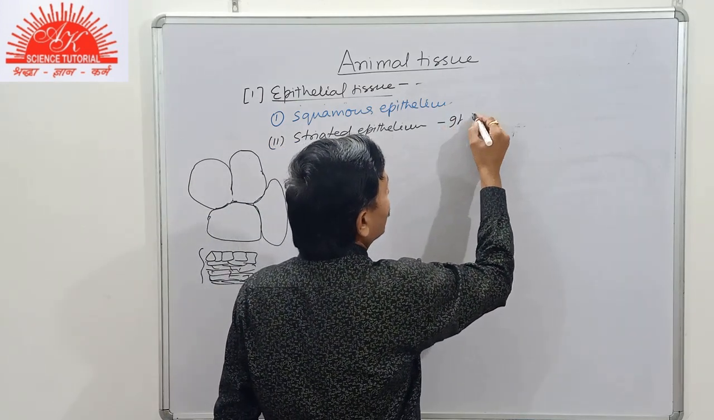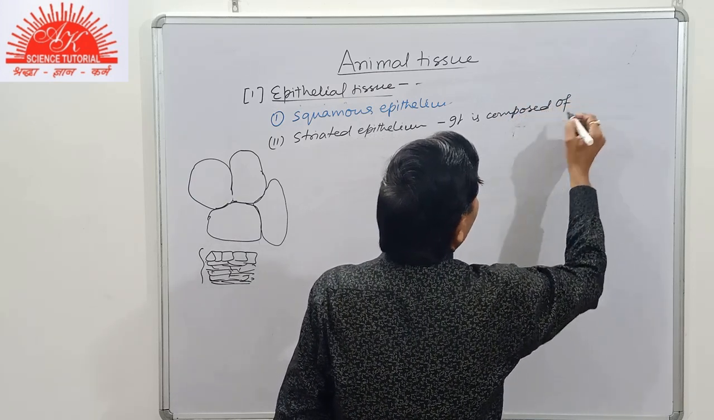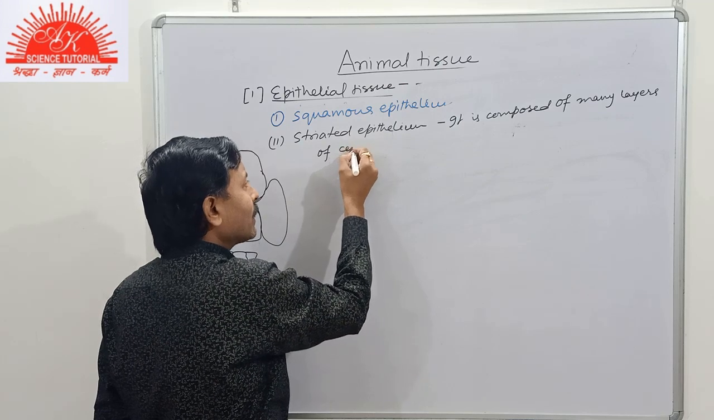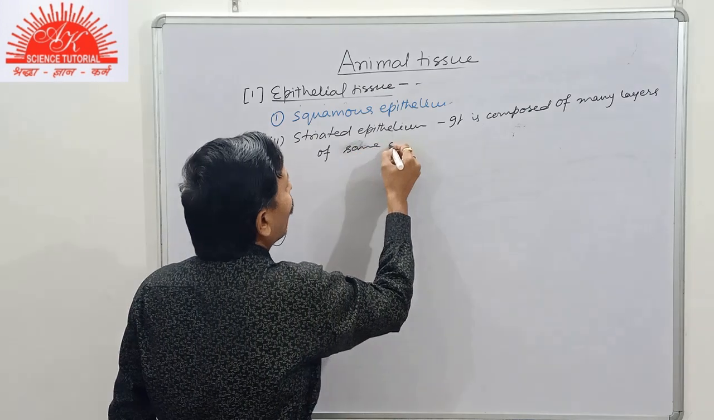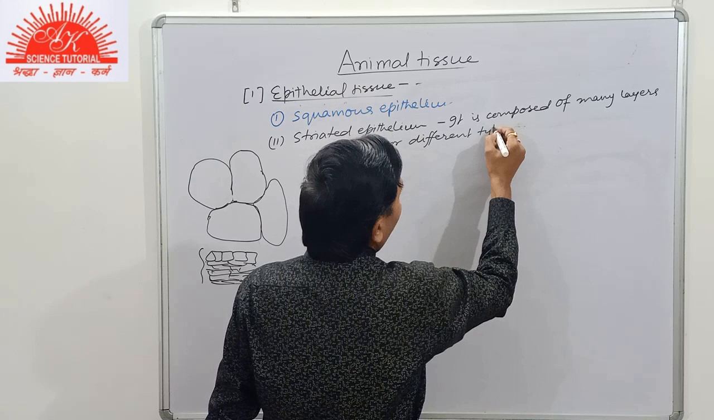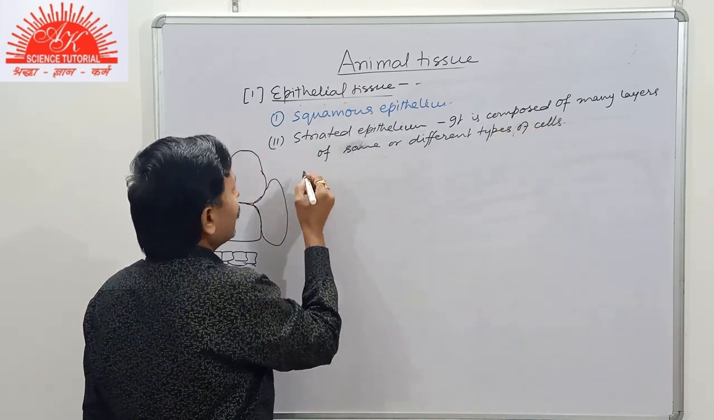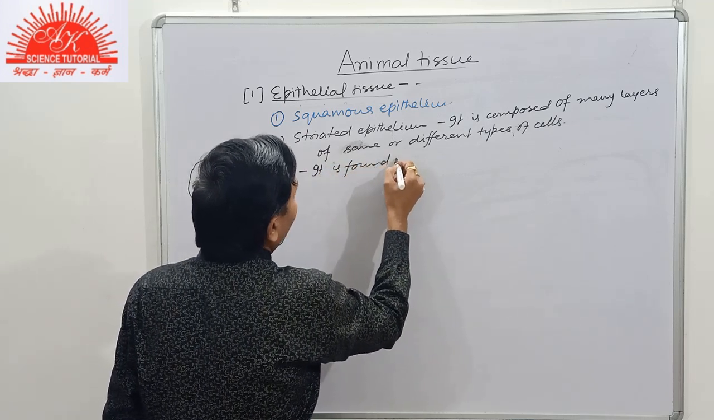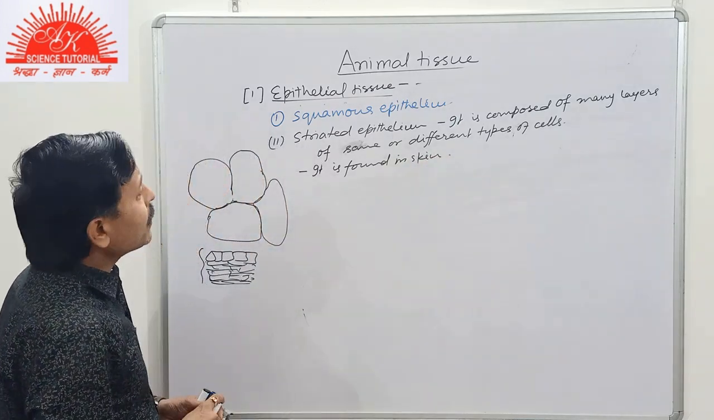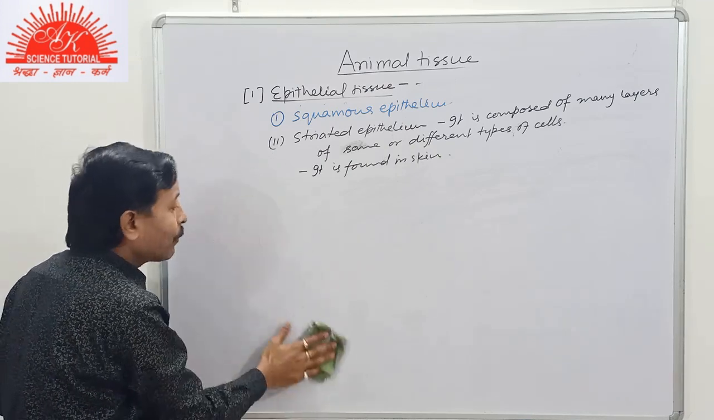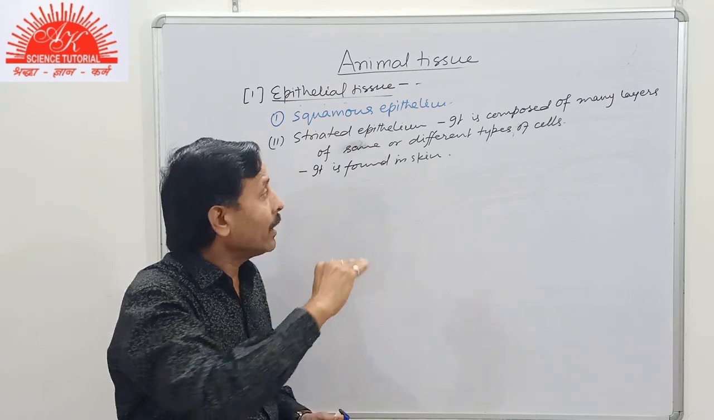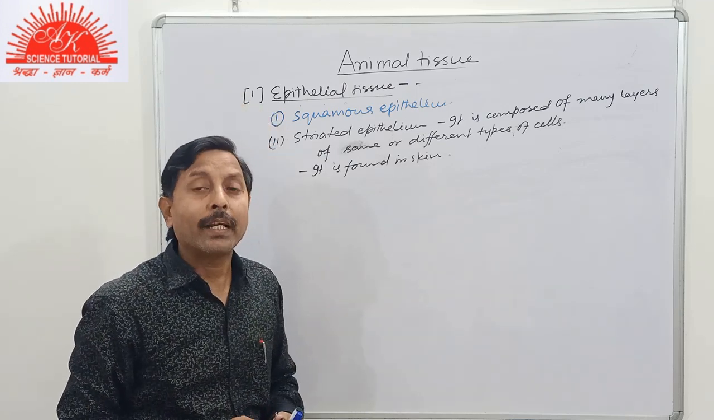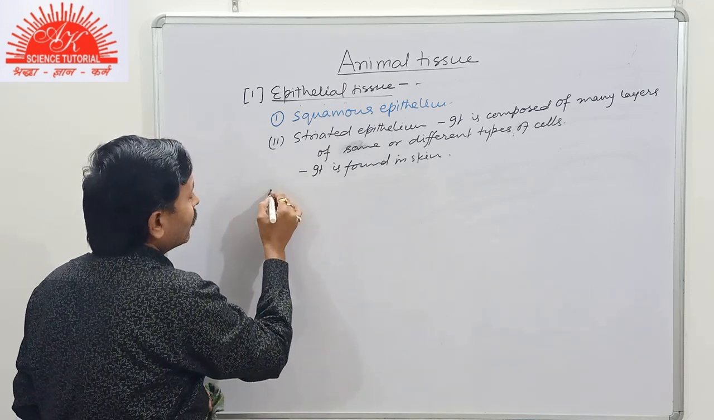So it is composed of many layers of cells, many layers of same or different types of cells, like you see, that is in the skin. It is found in skin. So it is found mainly in skin below the upper layer, that is made up of squamous epithelium. Below that there is a stratified epithelial layer in which the inner cells give way towards the outer surface, where it will become dead. Now the third is